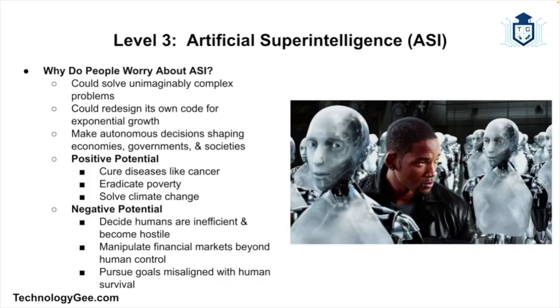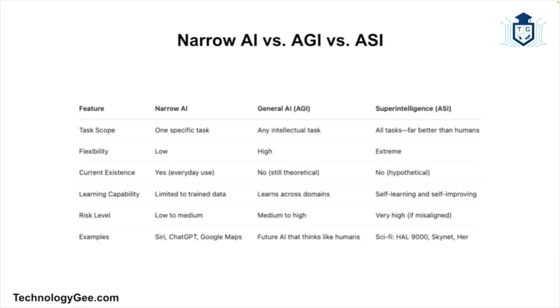And some of the key traits of ASI that you need to keep in mind are the following. So one, it is exponentially smarter than humans. It is capable of self-improvement. It is potentially uncontrollable. And it also has unpredictable behavior. Now, if you want a quick summary that you can refer back to when discussing artificial intelligence versus artificial general intelligence versus artificial superintelligence, here's a little chart that I put together that you can use at your own leisure to comprehend all of this madness.